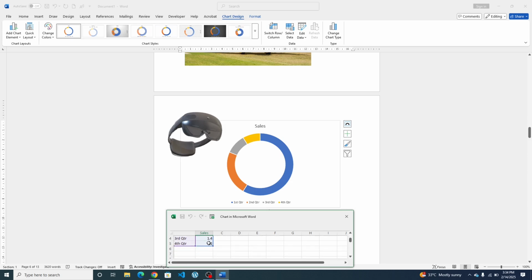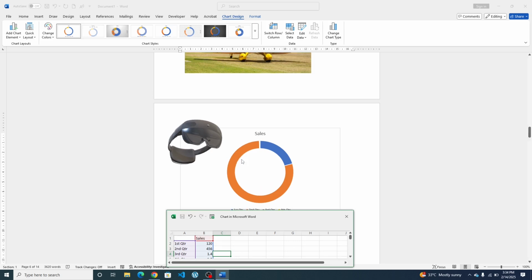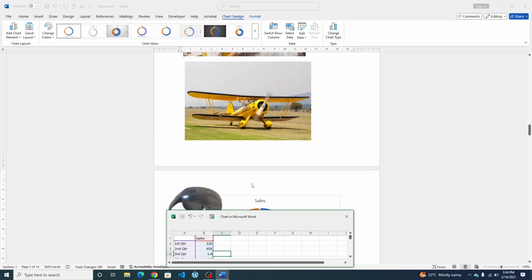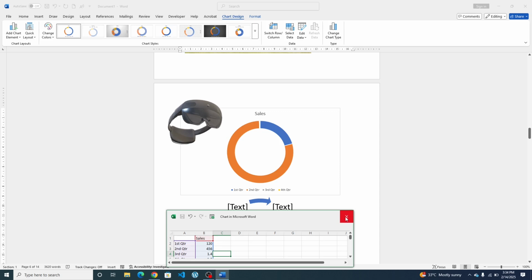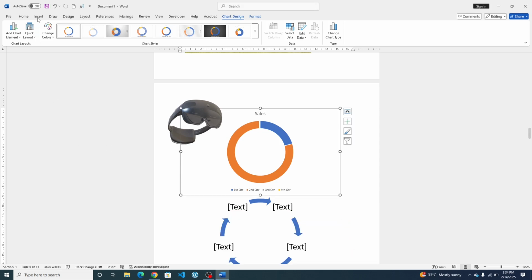So we can change these figures here and put our own figures. Let's say 12, 120, and you wait to see that changes, and you see that it has been changed. We can also change this one here and look at how it's going to change, and you see how it has been changed. So that's how we can insert a chart into our Word document. I'm going to close this and go back to the